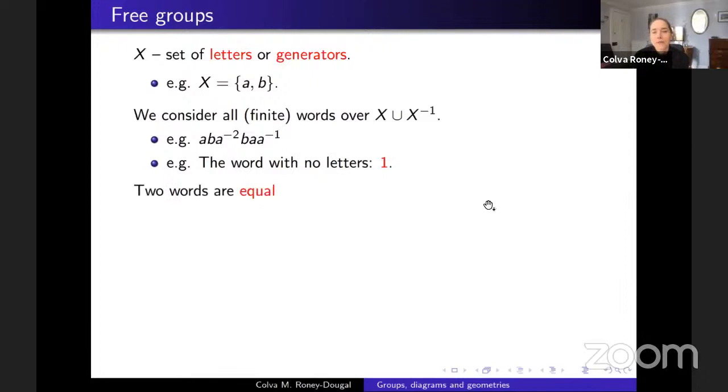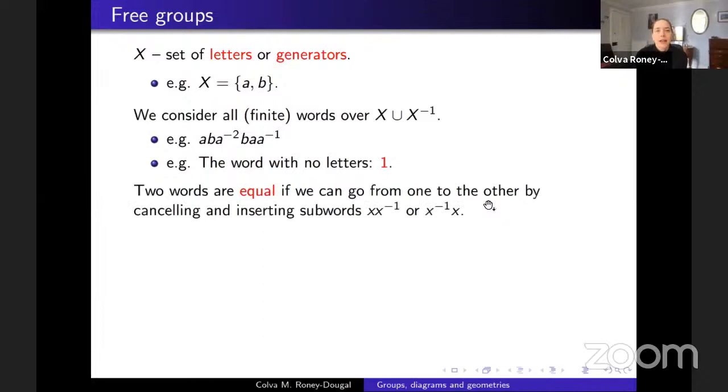That on its own would not be a group in any sense, but we're going to define a funny kind of equality on it. I'm going to say that two words are the same, so I'm putting an equivalence relation on them, if I can go from one of the words to the other by either deleting or inserting, either way around, pairs that look like a letter followed by its inverse, or the -1 form followed by X. So either way around, so either A A inverse or A inverse A, or B B inverse or B inverse B, and I'm allowed to put it in anywhere and also take it out anywhere.